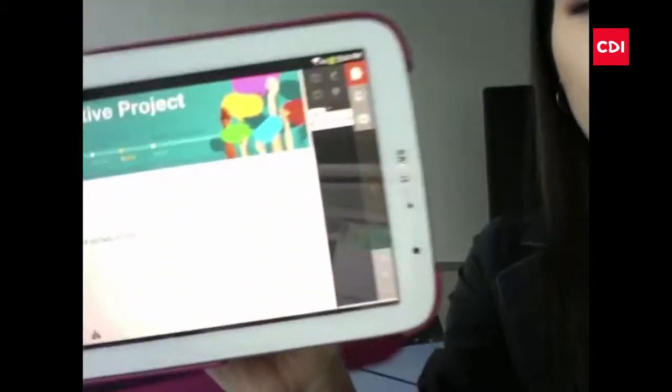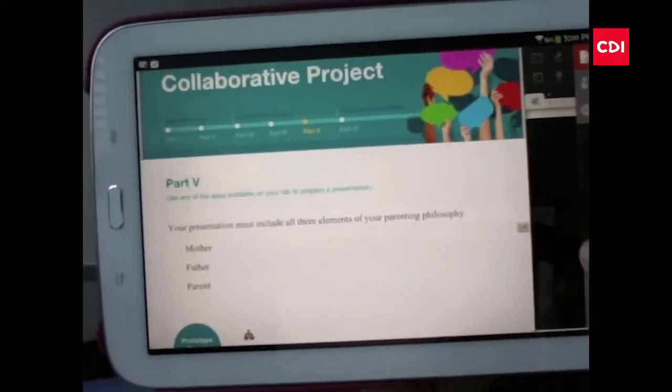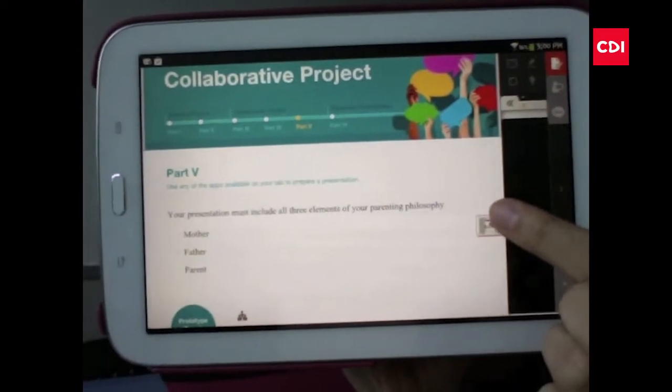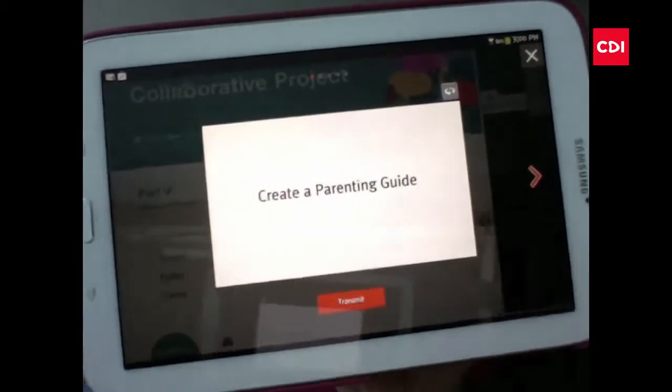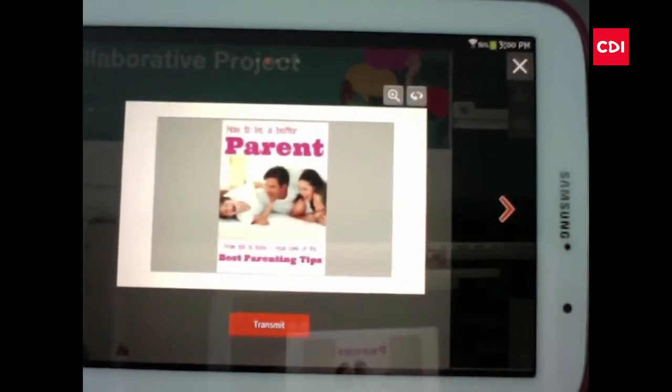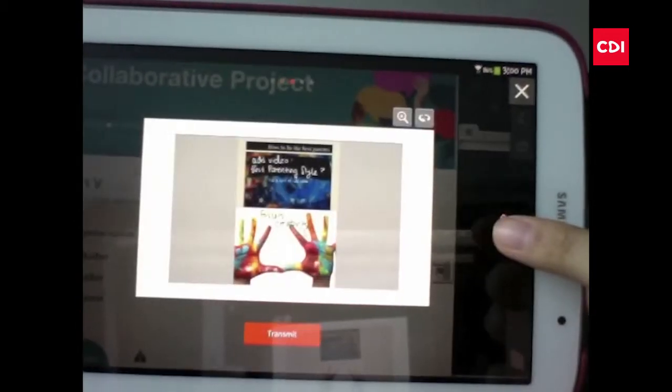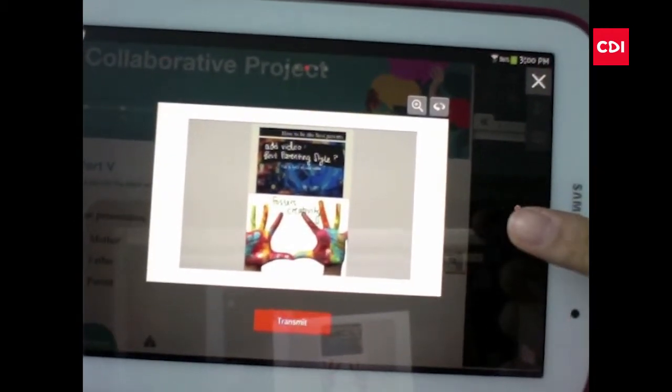When we get to collaborative project part 5, I've created a media card again to show them my sample of a parenting guide. I have just the screenshots of my magazine I created on S-Note. I'm going to have the students really think about who they're presenting their information to, and the target is going to be families at a social welfare center, so they're not going to have a lot of money and perhaps not a lot of education.